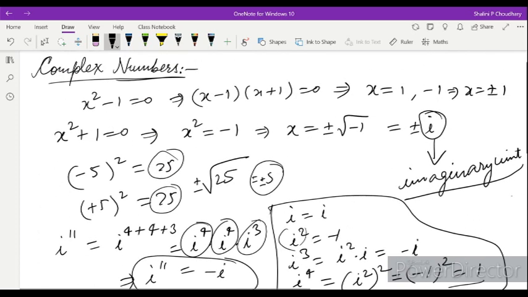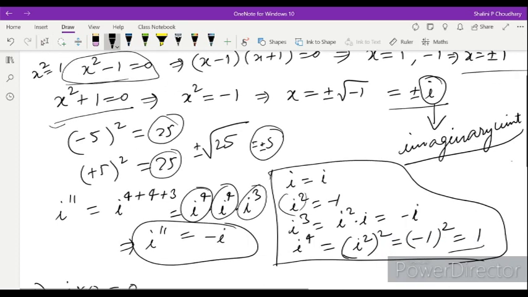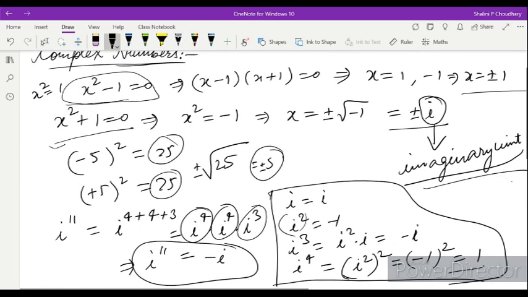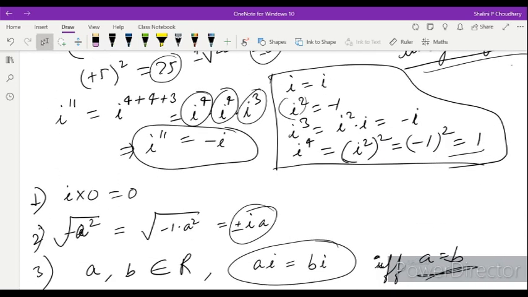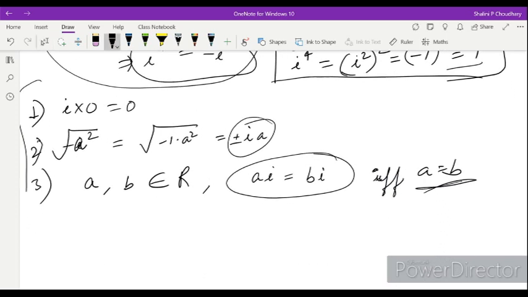Now we'll see whatever we have done. So the quadratic equation we took is x square minus 1. So what does this mean? x square will be equal to 1, so plus minus 1, two values we will get. But x square plus 1 we are taking, we are getting i. Okay, the value of x will be plus or minus i. And what is i? i is the imaginary unit. And how we have to find out the value of i to the power n, whatever the power is, i to the power n, then how we'll find out? This we have done. After that we have seen the properties of i.